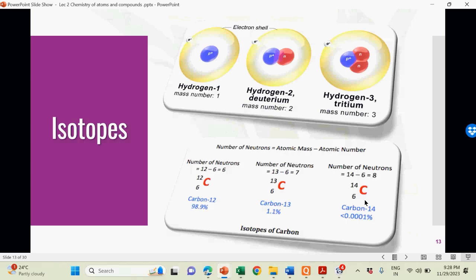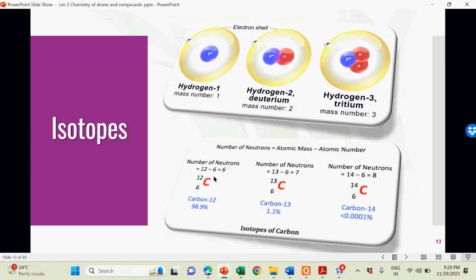Atomic mass? Okay, the atomic mass represents the sum of the neutrons and the protons. In the periodic table, the atomic number is usually placed in the upper right side corner. But when you are identifying isotopes, you put the atomic mass on the left upper side corner and the atomic number at the bottom of the element symbol, and this is how it will be represented